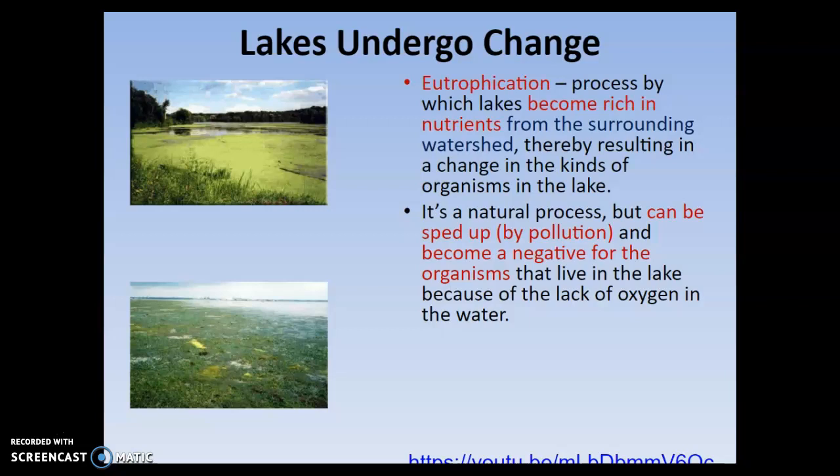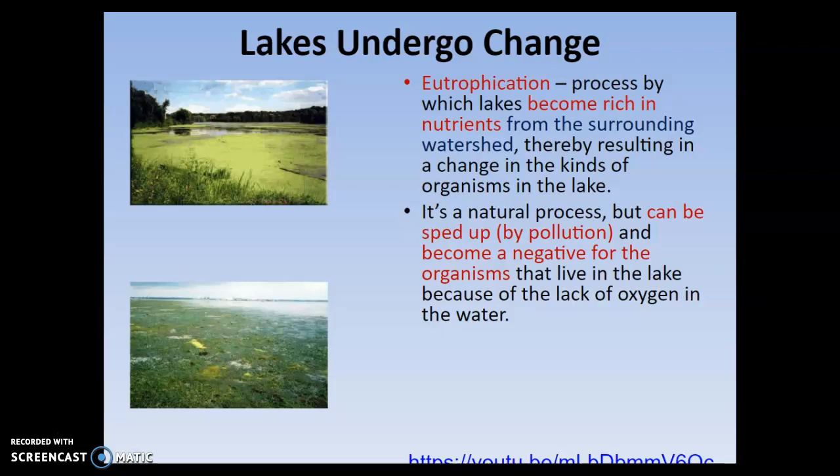So eutrophication is a process that happens mostly in a heavily farmed area where there's a lot of agriculture. And it's a natural process. It happens sometimes on its own, but it can really be sped up by having excess farm land in an area. So here's what happens, and I'm going to explain it. You might have to listen to it a couple times, but I'm going to take you through step by step.